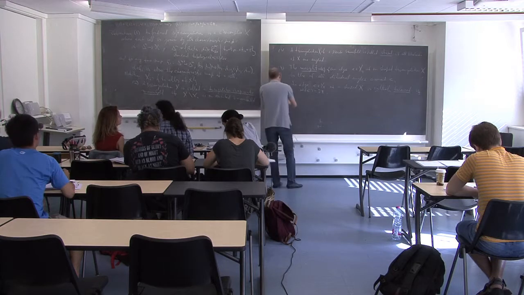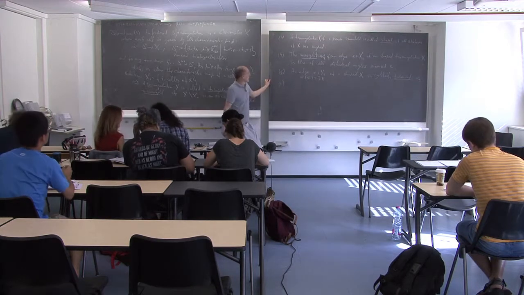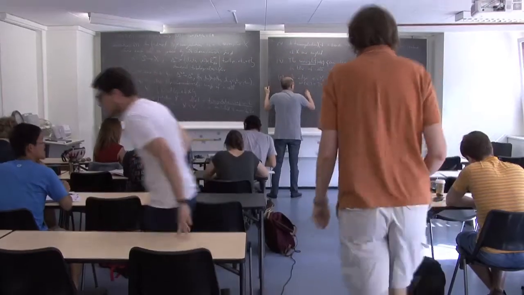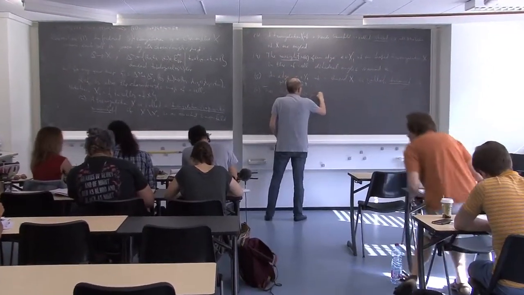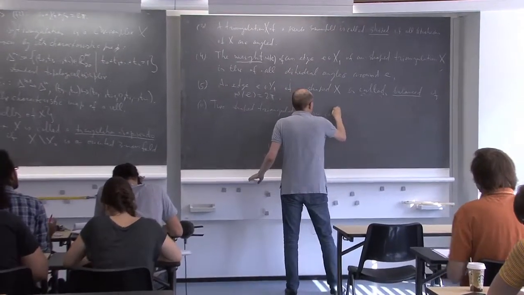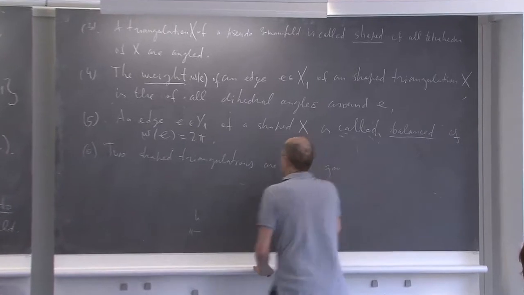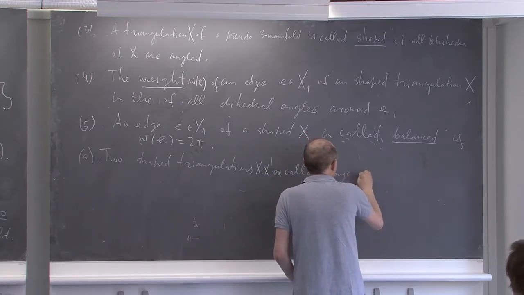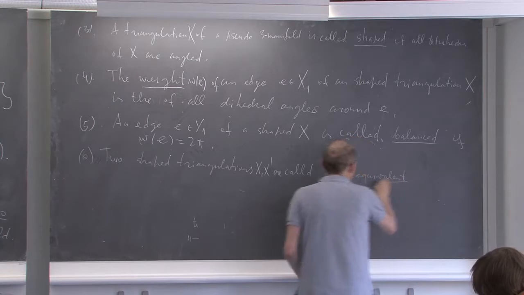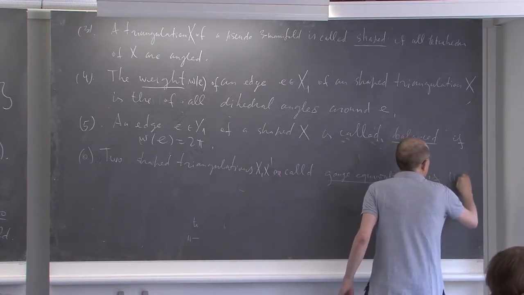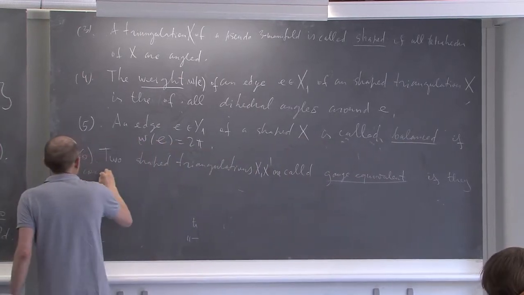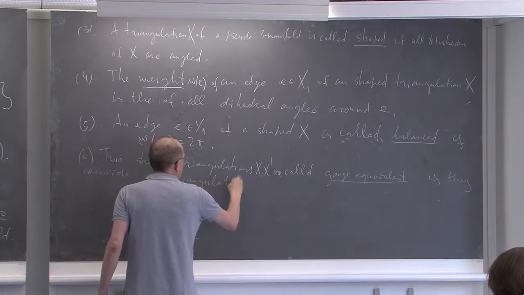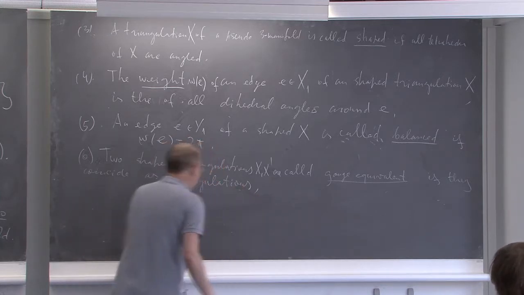So let us continue. The last definition gives the following. Two shaped triangulations X and X prime are called gauge equivalent if they coincide as triangulations, and there exists